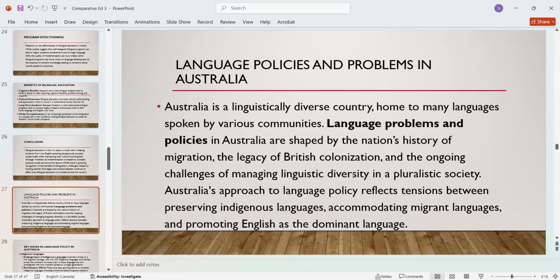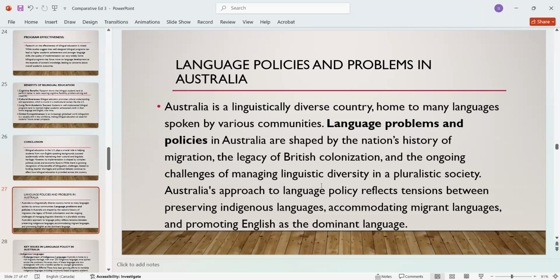And now we are moving to Australia, right? So language issues in the US: because it's a multi-ethnic country, different languages are used by those minorities. Aborigines, that means they are native people, also are there. They have their own language. So in that case, they introduced bilingual education for them, right? To help them with English proficiency.